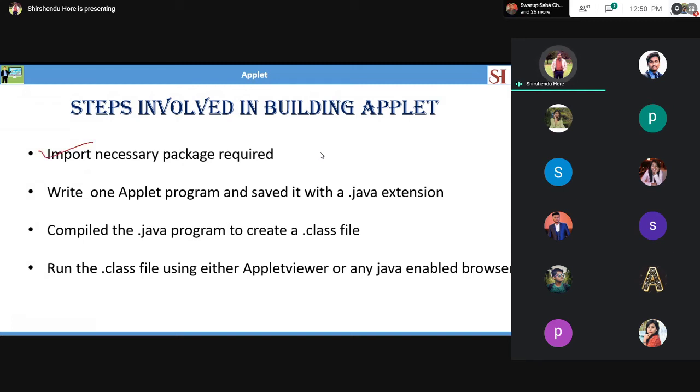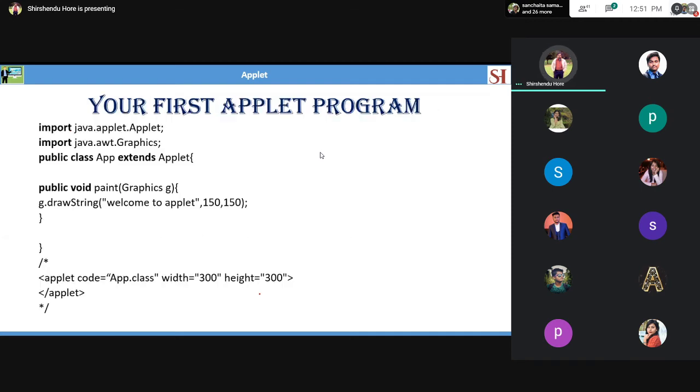First you need to import the necessary packages to build an applet, then write a simple applet program and save it with the Java extension. You can use any kind of editor or IDE, whatever your preference, no matter. Then compile the Java program to create a .class file, and run the class file. This is a very simple program.